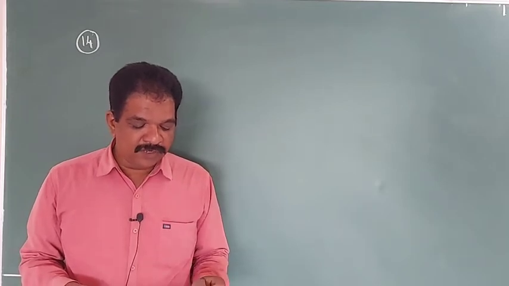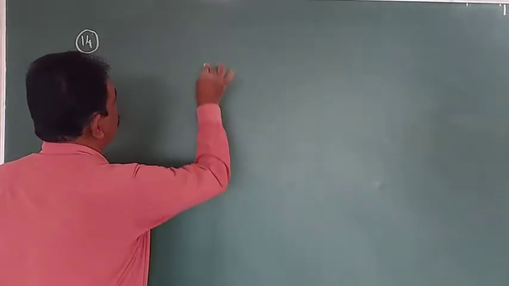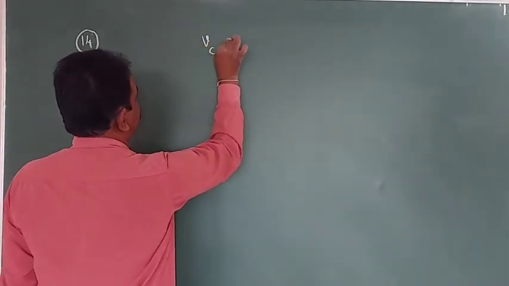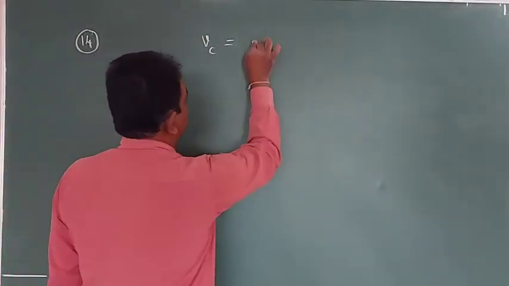Then the values of x, y, z are equal to what? They gave critical velocity is equal to eta power x,